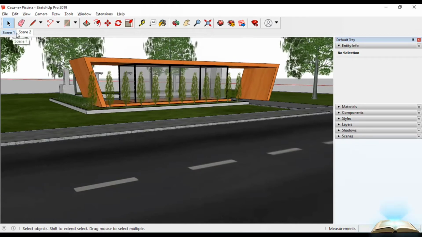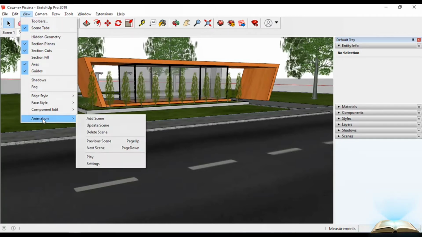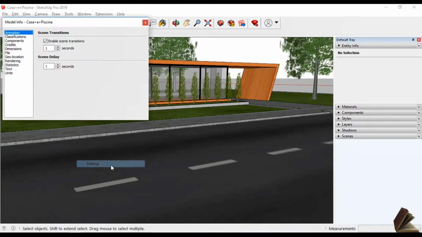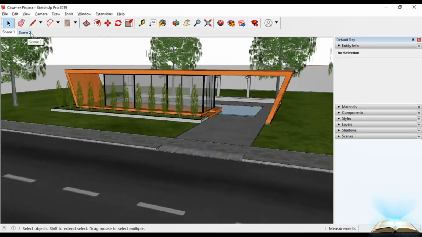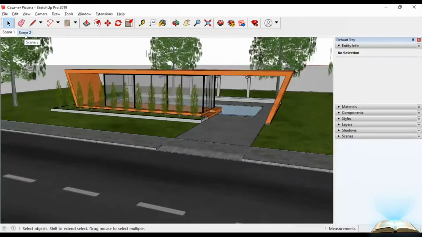But if we directly want to switch between scenes, if we don't want this animation, just go into View, go into Animation, and then Settings, and here it is Enable Scene Transitions. If you don't want any transition, just take it off, and when we switch between scenes, it just directly switches among scenes. So it's a nice way to have a quick view of the scenes that we have created.